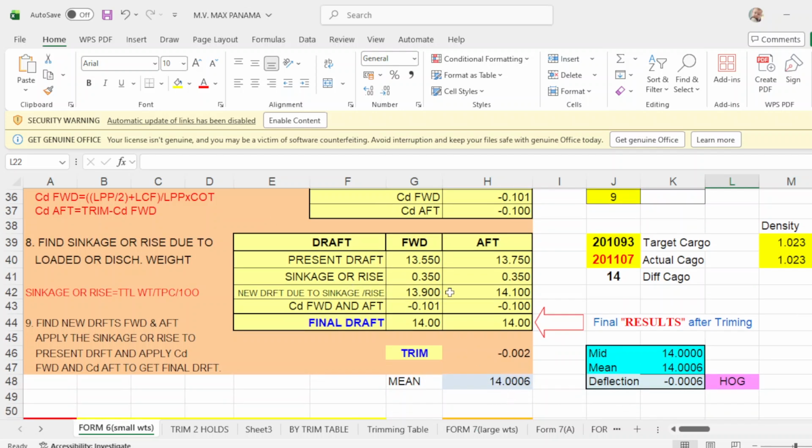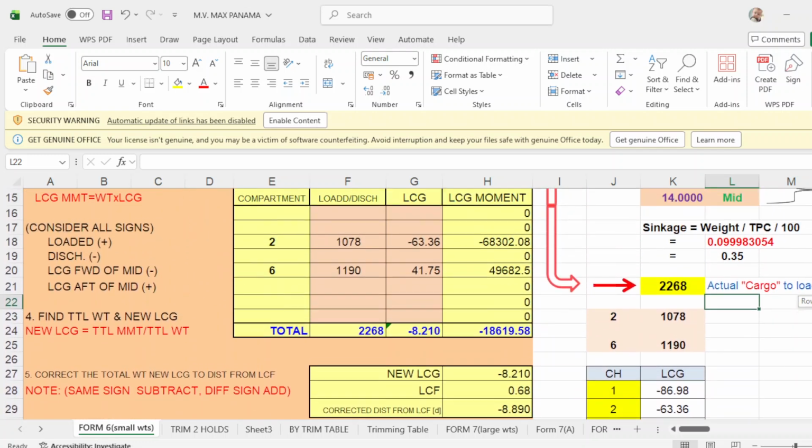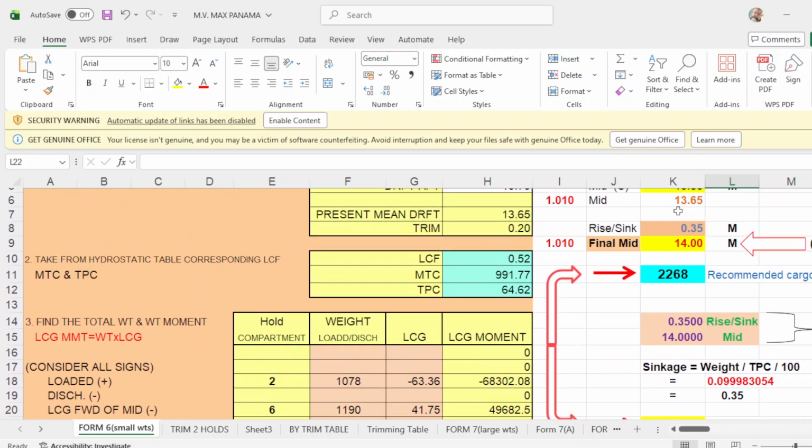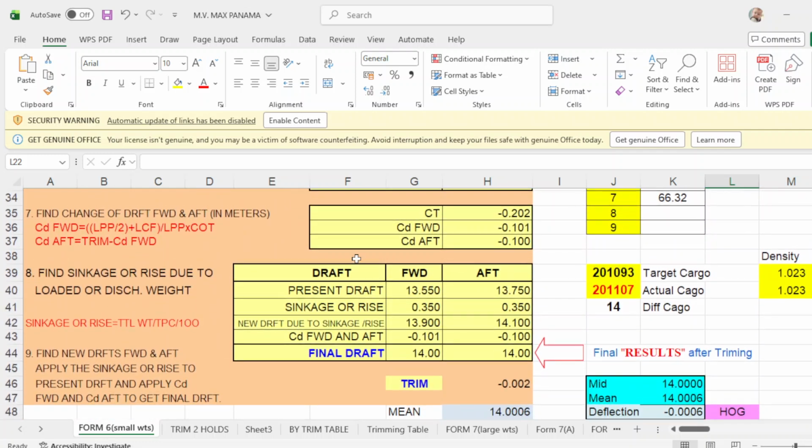Take note of your sinkage, which is 35, forward and aft, which is what you call the parallel sinkage. This is your sinkage. Take note of 35. How do you get this one? This formula, the F24. So what is your F24?